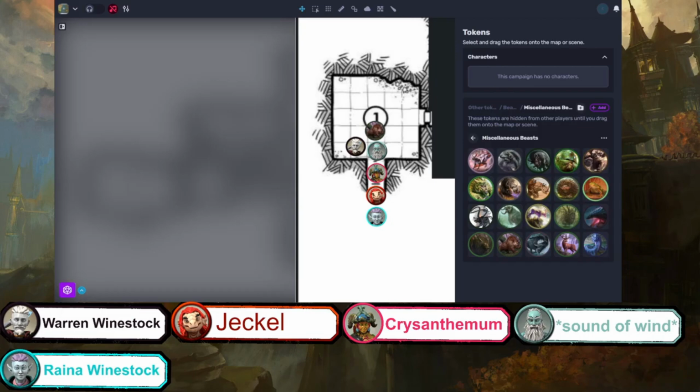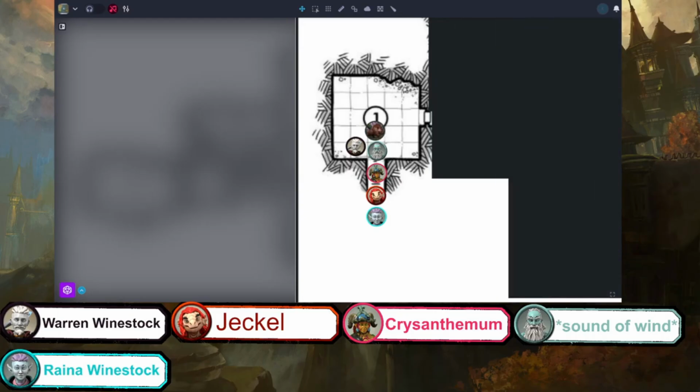Right, so that means Sound of Wind, your turn. Your turn is up. How would you like to proceed? Do you need help deciding what you're going to do in your turn? Because I got your character sheet up right here. This is an action in combat, right? Correct. So you have an action, a bonus action, a movement, and a reaction. Right now, you've got Warren to your left and the undead owlbear right in front of you.